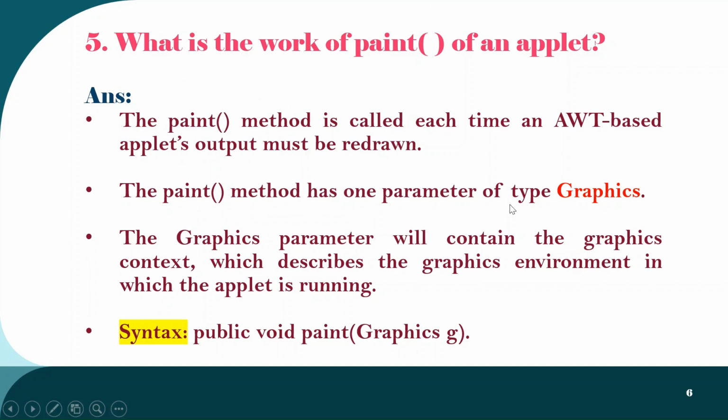Now the paint method is having one parameter, that is Graphics. Now this Graphics is a class from AWT. Now the graphics parameter will contain the graphics context, which will describe the graphics environment in which the applet is running. So as I was saying, it has some methods that you can put some text by using drawString method,